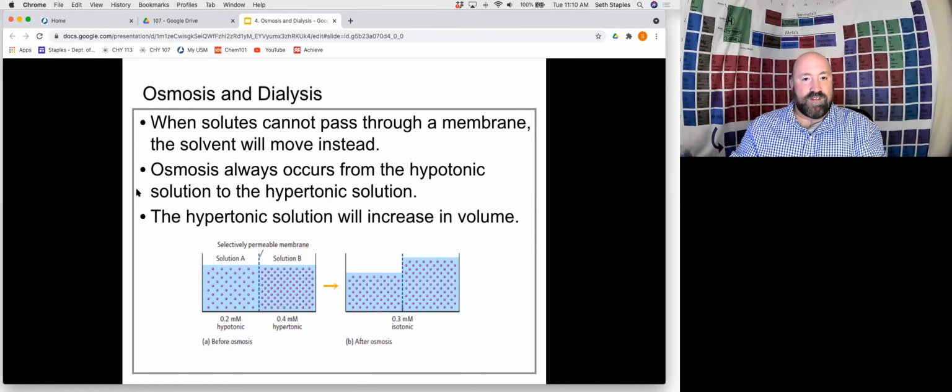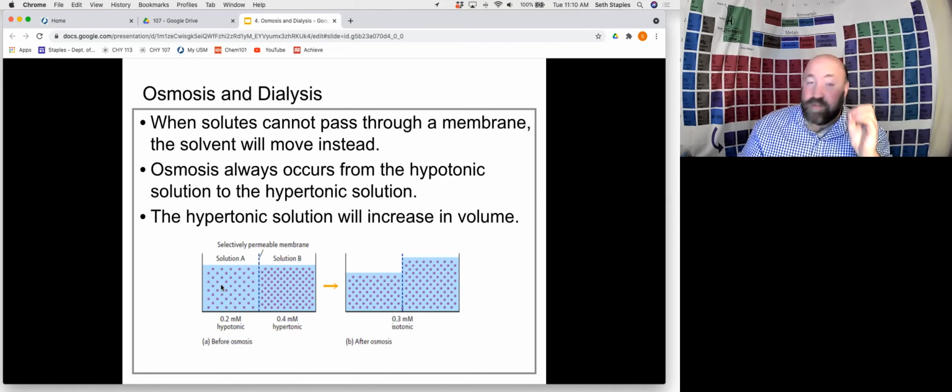Because in this example here, we have this membrane that is only permeable to water. And so we have a hypotonic situation over here, hypertonic over here, higher concentration. So we have a concentration gradient between the two. And so the water is going to flow in this direction. The water is going to flow from solution A to solution B. It's going to move from the hypotonic to the hypertonic, because as water leaves the solution,